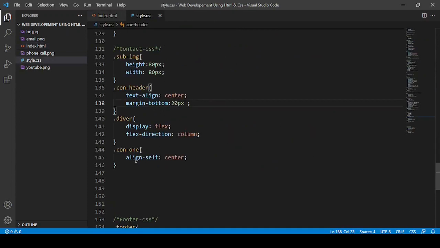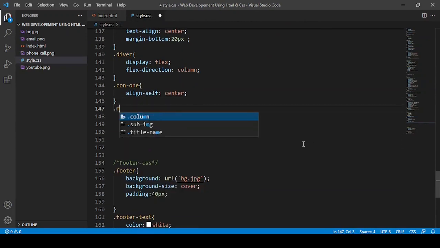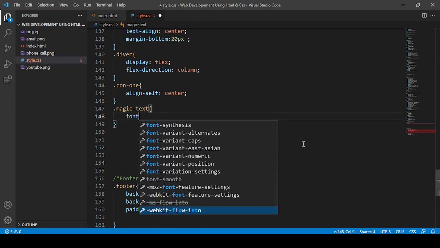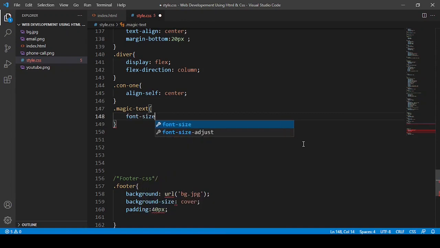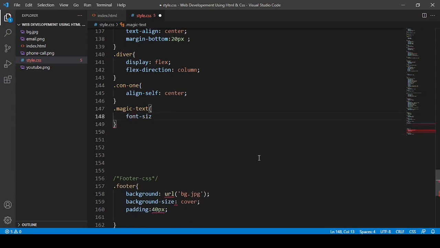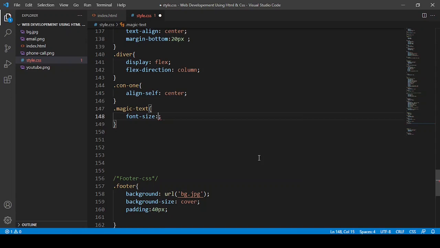And then I'm going to take this dot magic dash text. I'm going to say first font size, and I want the font size to be 20 px.